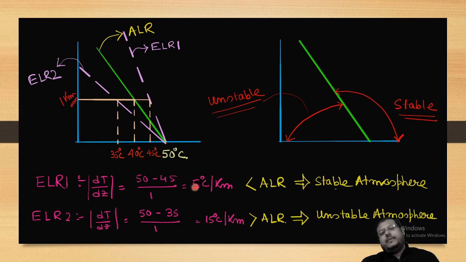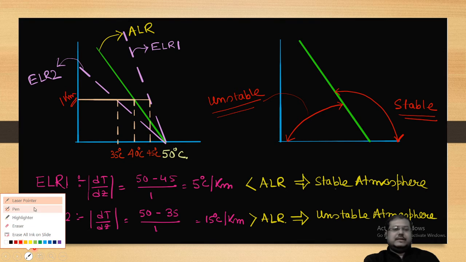कितना घटा? 1 किलोमीटर में 5 डिग्री सेंटीग्रेड पर किलोमीटर, लेस देन एयर स्टेबल एटमॉस्फेयर. और ये कितना घटा, 15 डिग्री, ये क्या है, ग्रेटर देन एयर अनस्टेबल एटमॉस्फेयर. That means the left hand side of ALR line